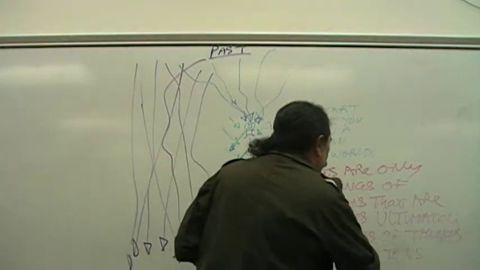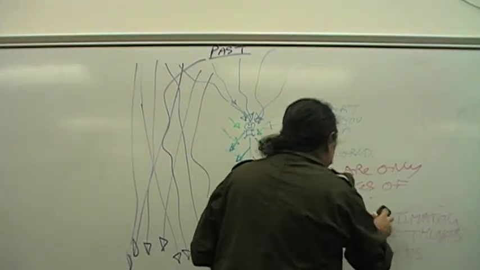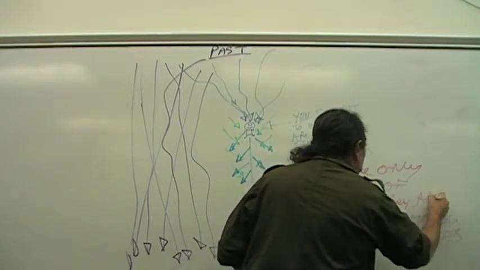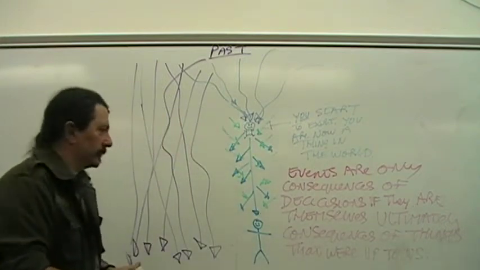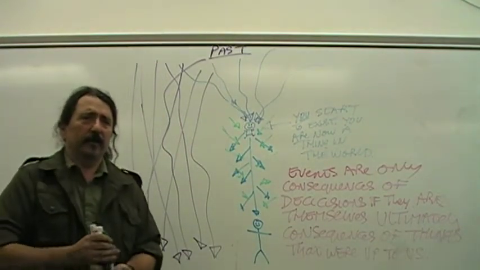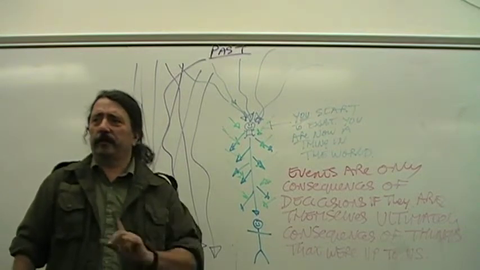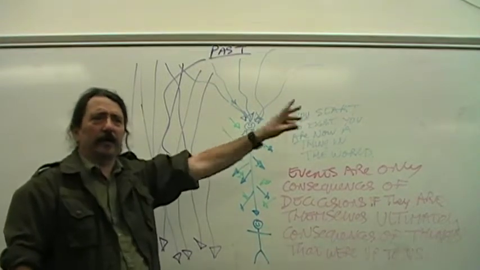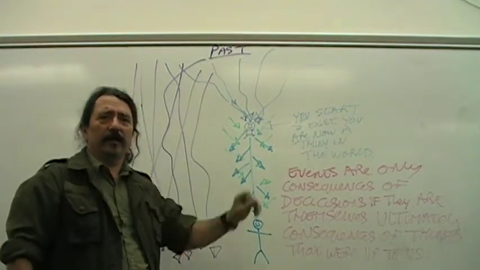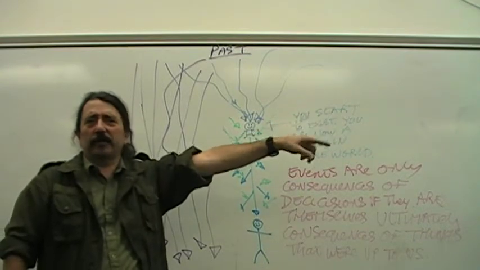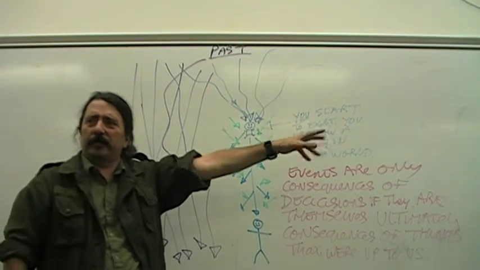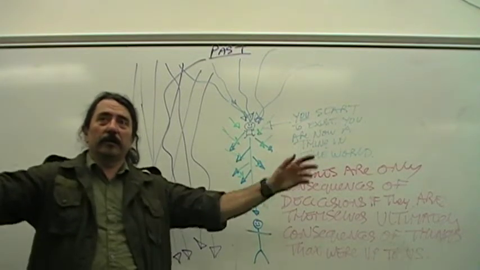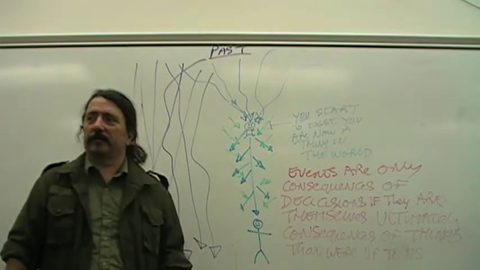Oh, it's not grammatical. If they are themselves ultimately consequences of things that were up to us. When I say ultimate consequences, you've got to push the causality as far back in time as you can. You've got to go back forever to the very beginning and look at that and say, okay, that was the ultimate cause of everything. Everything is ultimately consequences of that. Was that ultimate thing up to us? No, it wasn't. So the stuff we did today was not up to us.